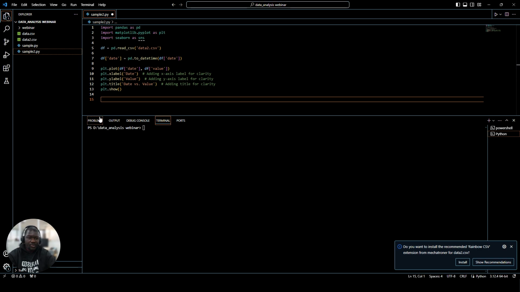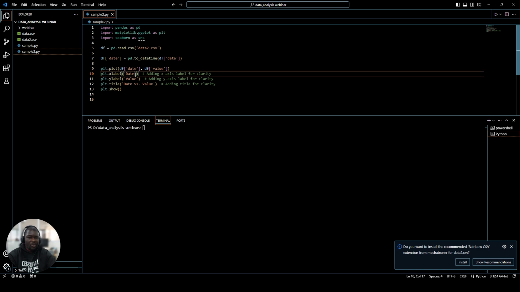So firstly, we're plotting with matplotlib. As you can see, these comments talk about adding the x-axis label, and this label for the x-axis will be the date, and adding the y-axis label, and this will be for value. The title will be date versus value, and this function will just display this. And if we try to run this,